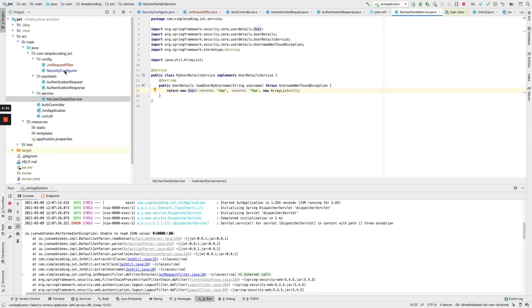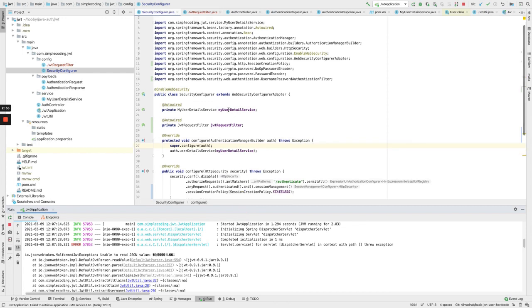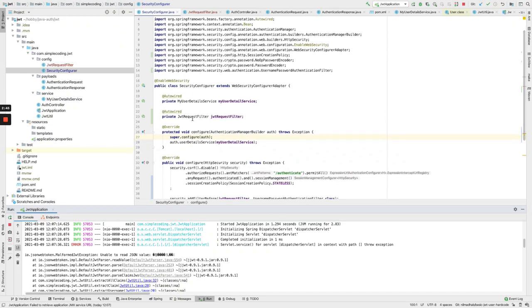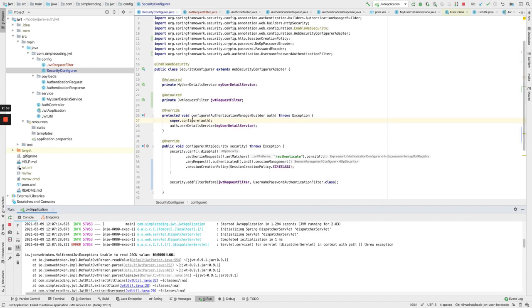So let's go to the security configurer configuration, where I have implemented my user details service, and it is autowired, and we autowire the JWT request filter. The work of this filter is to create and authenticate the JWT token, and here I have overridden the configure method, and I have used the my user detail service that I have created here.